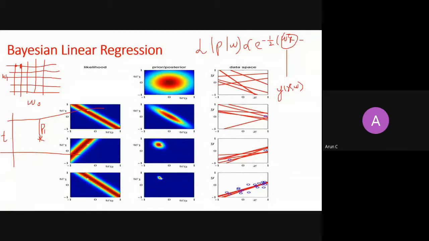So it is this value, how far it is from the line. So this is W transpose x, right? It means for this x, this is W transpose x. So this was your mean. How far you are from the mean is like your error. So you put your t here for that particular point, right? So this is that formula for likelihood.